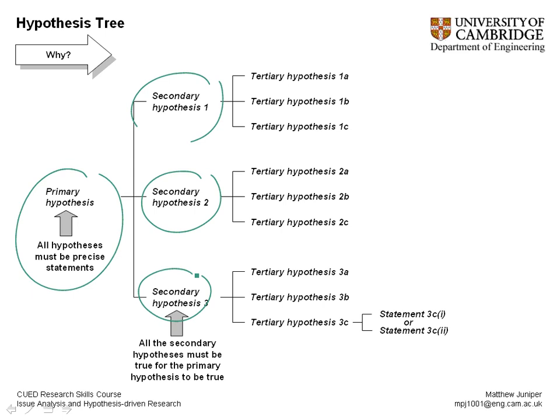Now all of these have to be true for the first thing to be true. If any one of them turns out to be false, then the primary hypothesis is not true. But once again, once we've got a bunch of secondary hypotheses, we repeat the process. We start with a secondary hypothesis, and we think of all the things that have to be true for that